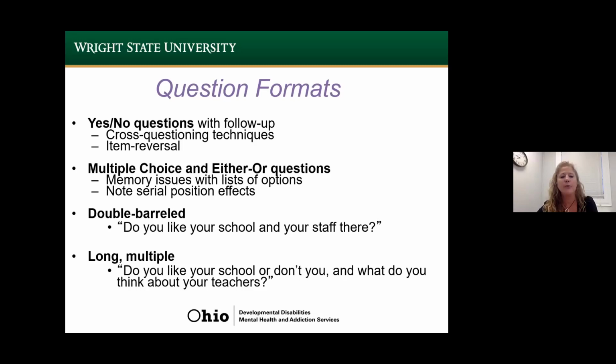So double-barreled questions are sort of tempting when you're time limited and you have to fill out a form or document in an electronic health record system, but it's very low yield in real life. And so we want to break questions apart and ask one question at a time. Long multiple questions are also very low yield. When people are in a hurry and you're trying to check boxes on a form, it may be tempting, but it will not be useful in the conversation. So we want to break these apart and ask one question at a time.